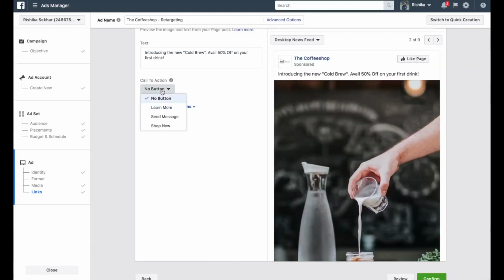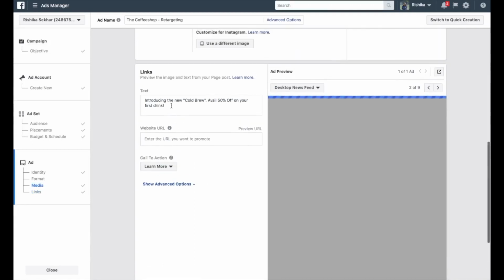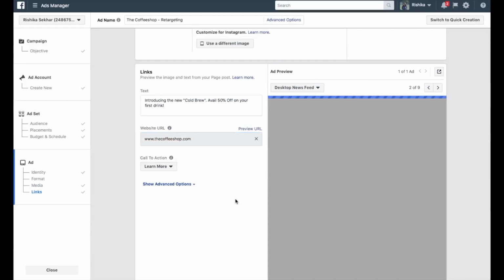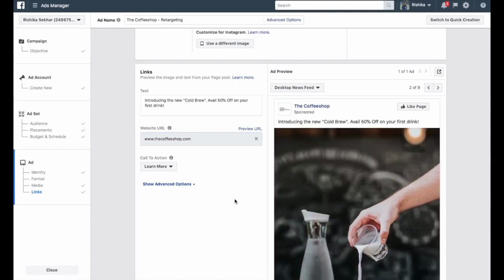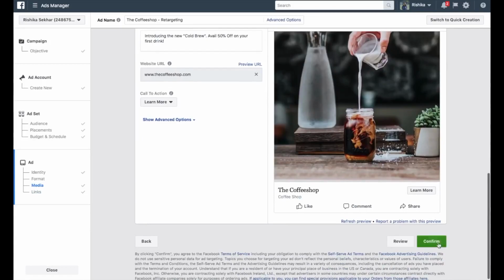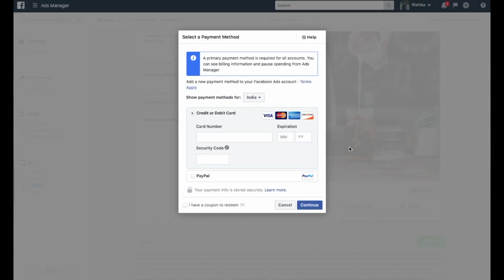Make sure you add a relevant call to action as well. Finally, set up the payment process. If you've already created an ad campaign, you can edit the audience and attach your Pixel audience instead.